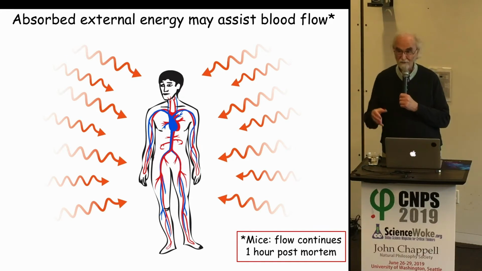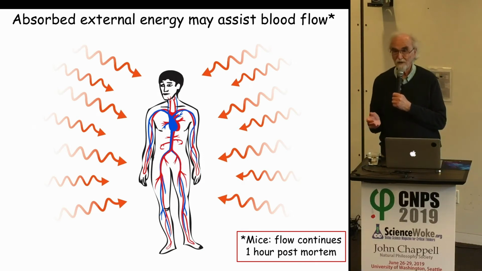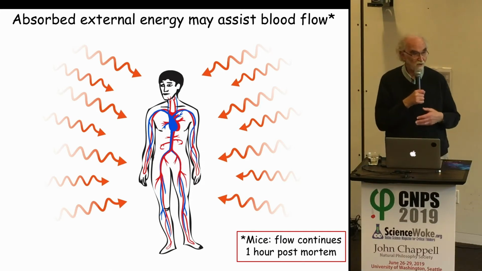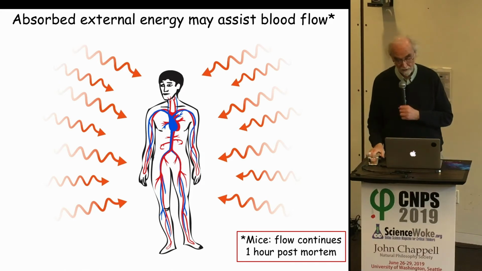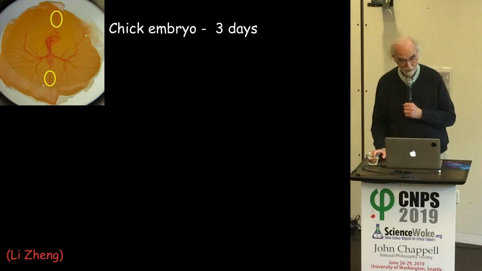And they measured 10 minutes, 20 minutes, 30 minutes, more than 1 hour before it stopped. They repeated the experiments using 10 different mice, and they got the same result each time. So, blood flow continues after the heart stops beating. There must be some other driving mechanism that's responsible for it, a mechanism that maybe operates also when the heart is beating as well. So Lee, my student, did the experiment.